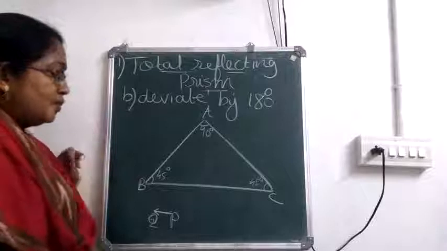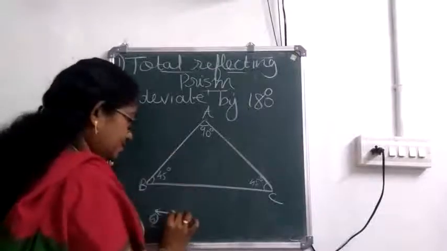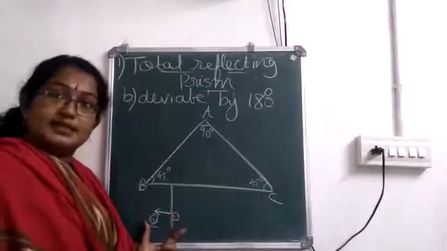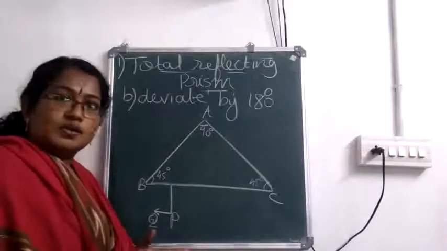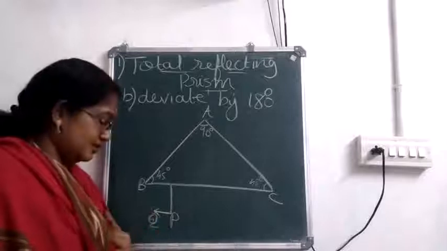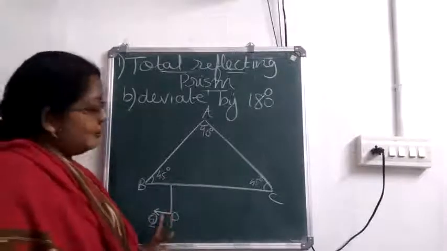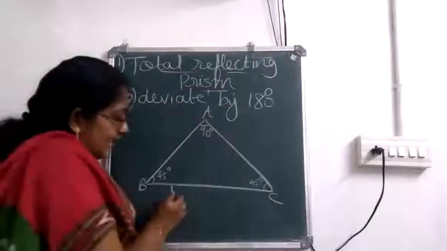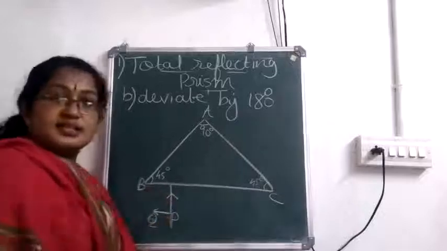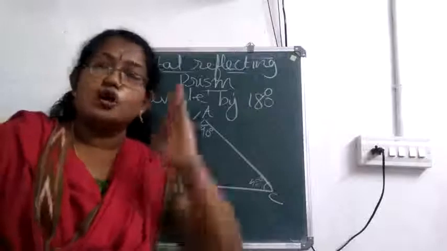Okay, now first we will be considering the light ray from P. We are considering keeping an object like this. Light rays will be coming out in different directions from this, and we are considering just 2 light rays from this. Okay, so first one, a light ray from the point P, and this ray hits on the face BC. And what type of incidence is this? The just 2 things what you have to keep in mind is normal incidence.